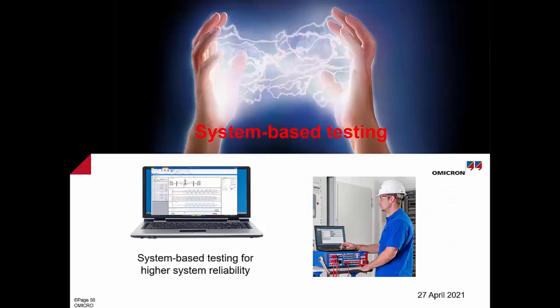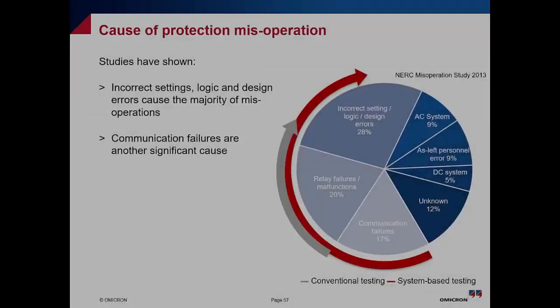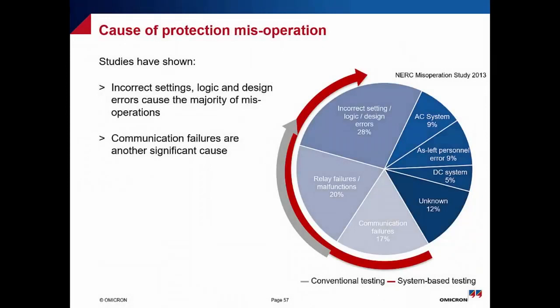Let's jump to that. This is system-based testing. Maybe the name is a little bit strange for some of you; some are already familiar with that, and they are really users. And why it's important, let's start from the most important point. As per the NERC survey 2013, they found that the main causes of misoperation, maybe around 28%, are incorrect settings and logic design errors, 20% is relay failure, the relay itself, 17% is communication failure, DC system 5%, and we have AC system at 9%, 9% left as personal errors, and 12% is